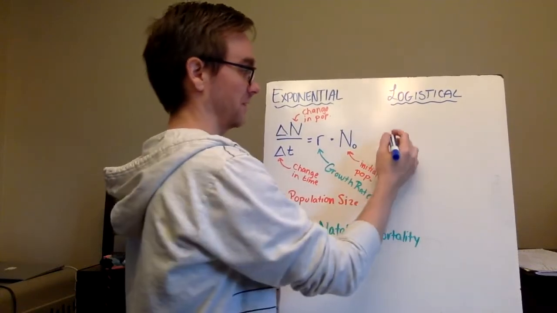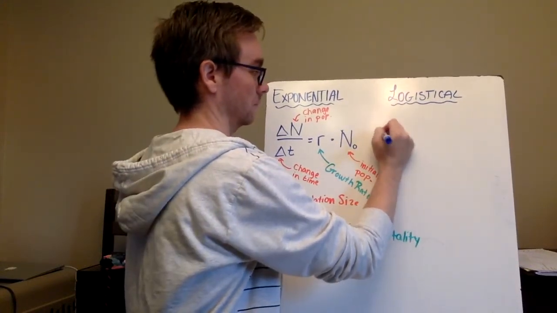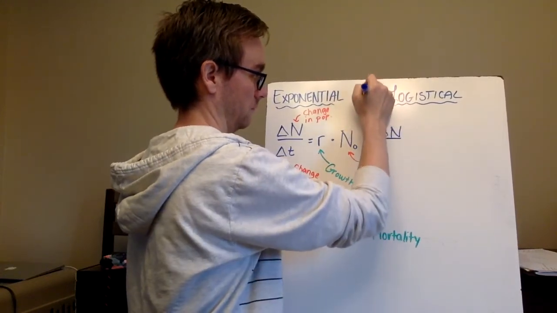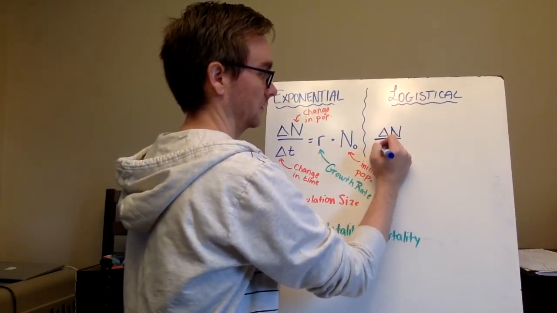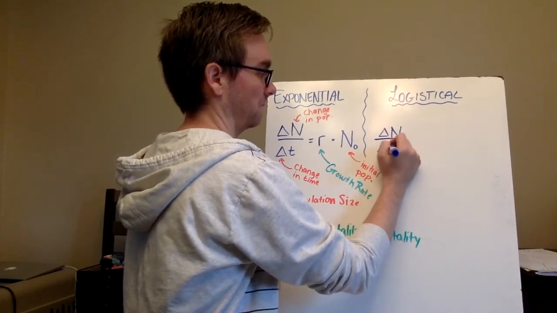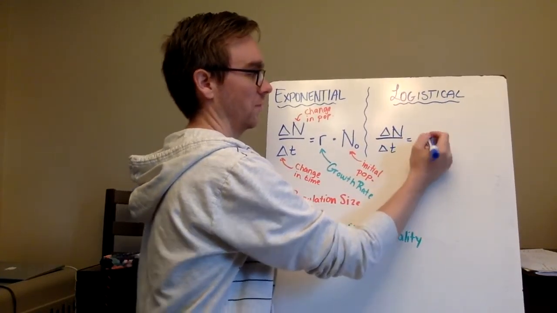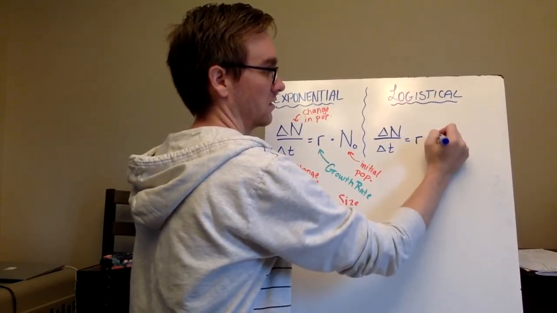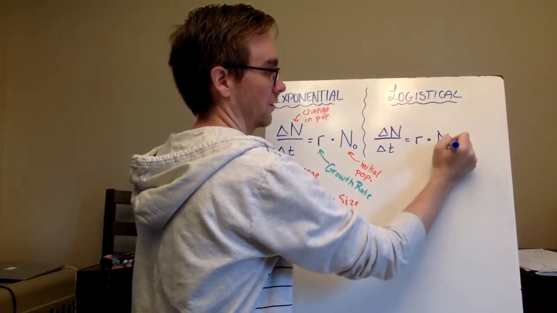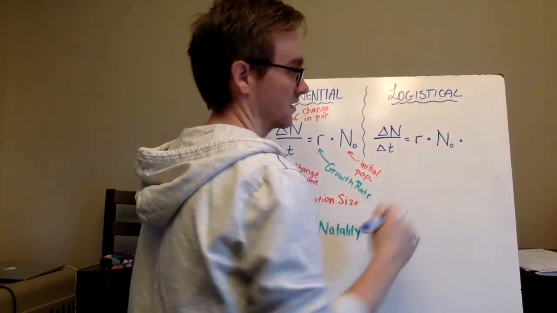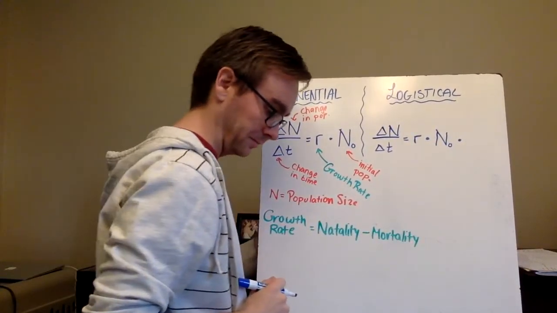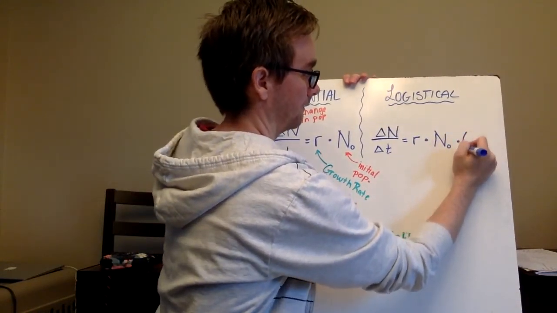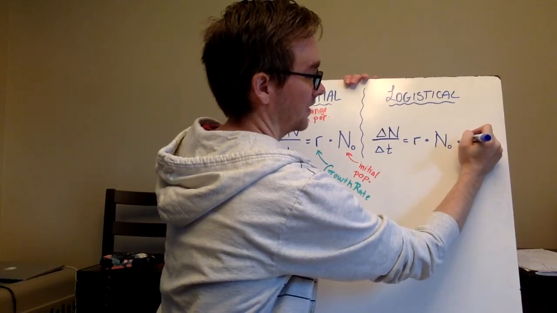All right, so hopefully I gave myself enough room here. Give myself a little divider there. So it's the change in population over a change in time is equal to the growth rate times the initial population. And it's this last part here that we're adding to it. All right. And that is